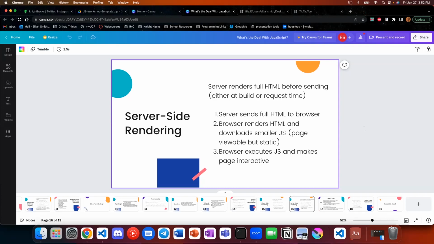The contrary here is server-side rendering, where the server renders an HTML page already with the elements that you want in there and stylings applied. And then it sends that back down to the browser, along with a much smaller JavaScript file that just tells little modifications to make to it. So the page you get back originally that's rendered by the server is viewable, but it's not interactable yet. The JavaScript that you download allows you to interact and click on things and do stuff like that.